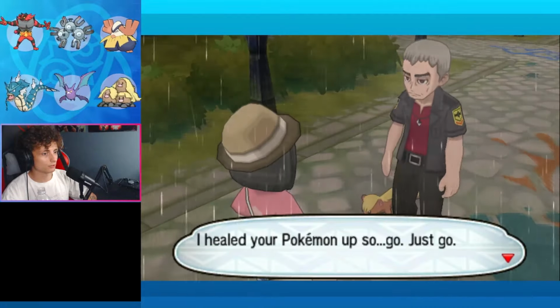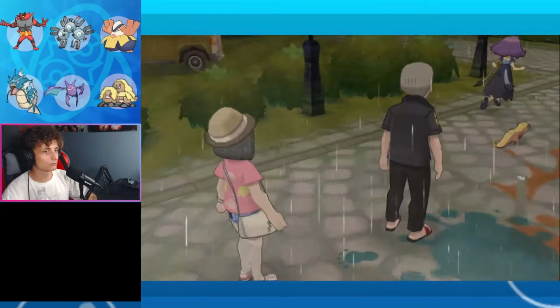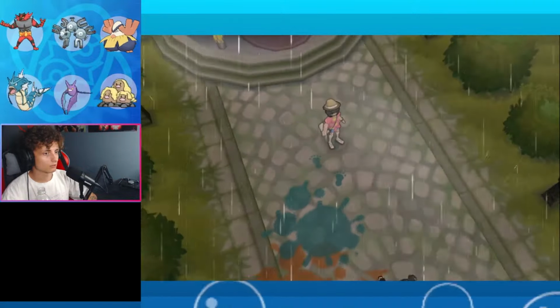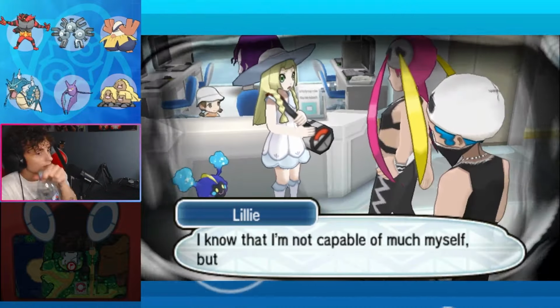The old timer takes our Pokemon and heals them. Acerola comes rushing in. She thanks us for saving Yungoos and runs off with Yungoos. The old timer Nanu spouts out some philosophy and walks off into the distance. We head back to the Aether House and find out Team Skull kidnapped Lillie along with Nebby and took him